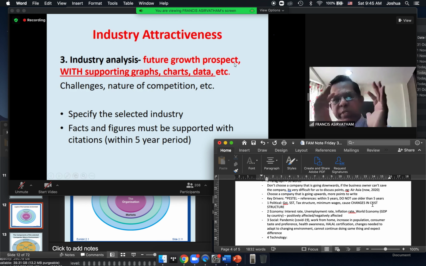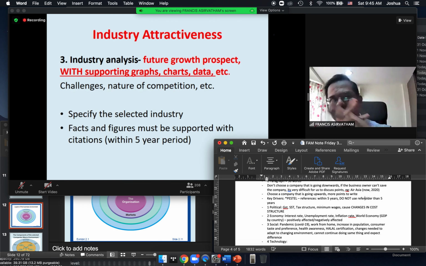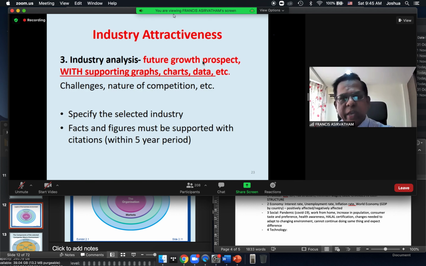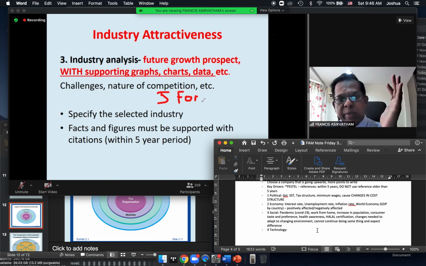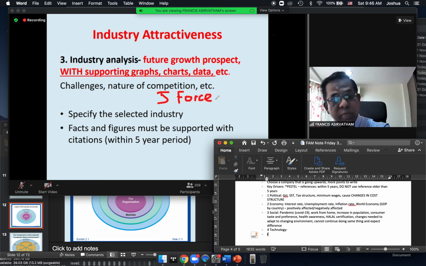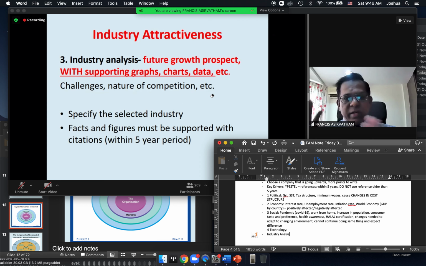The next element, they will look at industry attractiveness. For industry attractiveness, we have a model, but I'm not going to force students to use the model. It's called the Five Forces model. This model is only relevant for those who have studied a marketing or strategic management paper. If they really want to use the model, you must make sure you know how to use it, because it is not an easy model, it's a complex model. If you're not interested, it's okay. No marks will be lost. What you do, you need to follow